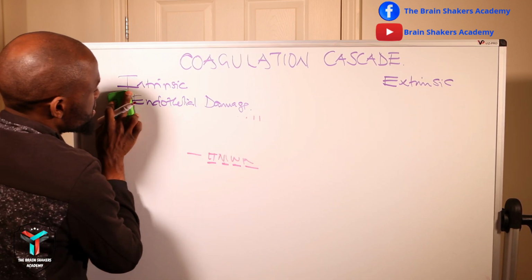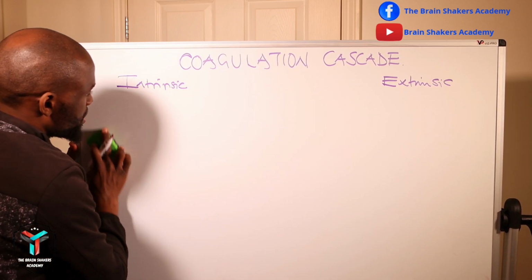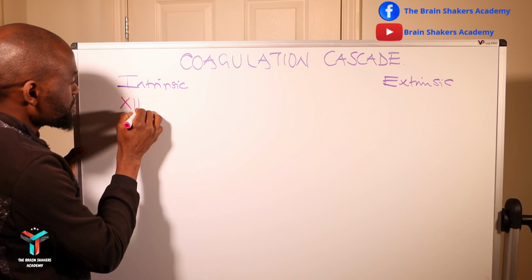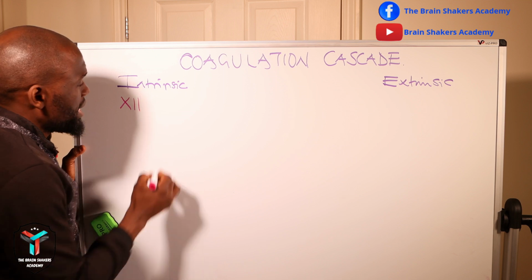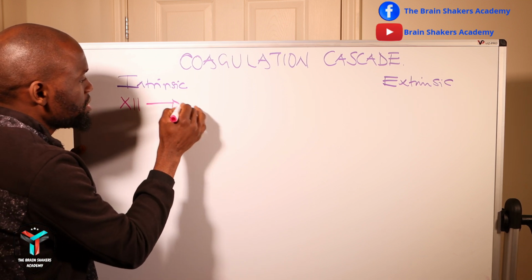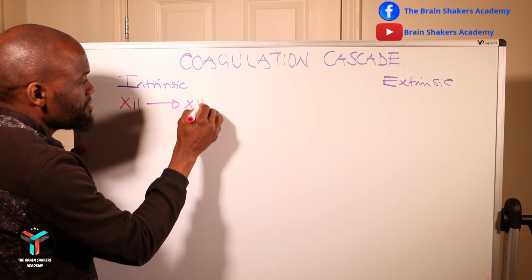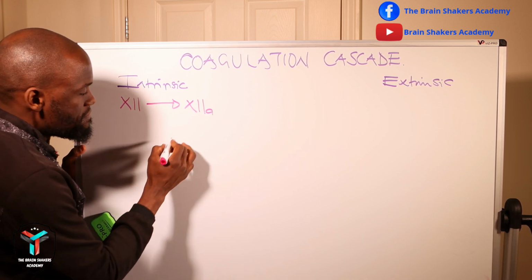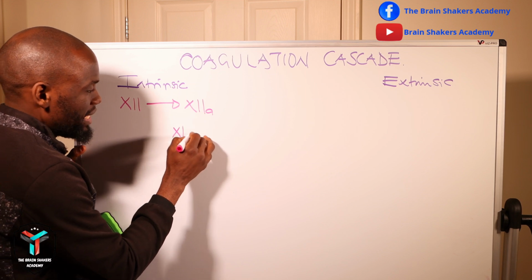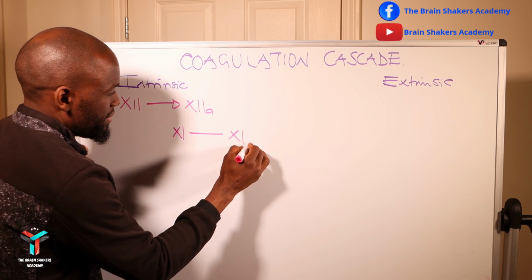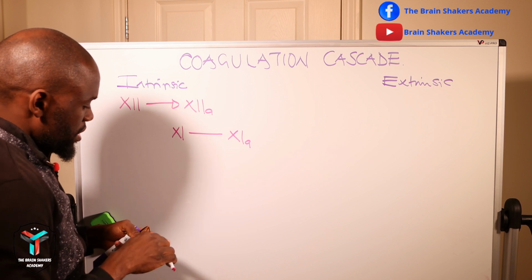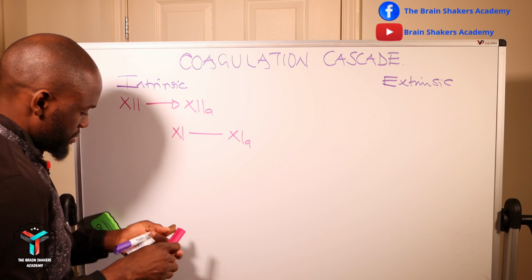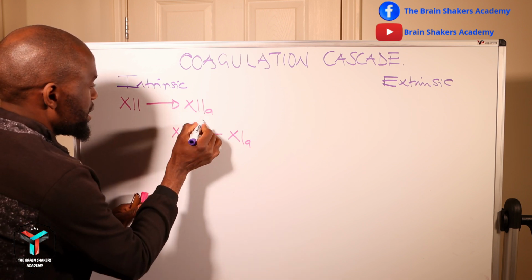So we already know what is causing the endothelial damage, so we can get rid of these things here. So we have our factor 12 here, which then has been exposed, and then will be transformed into its active form, which is going to be factor 12A. Then factor 12A is then going to convert factor 11 into factor 11A. Okay, so once the factor 11A has then been formed, so we can put an arrow here that this is